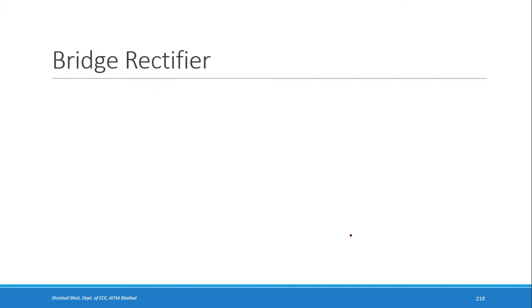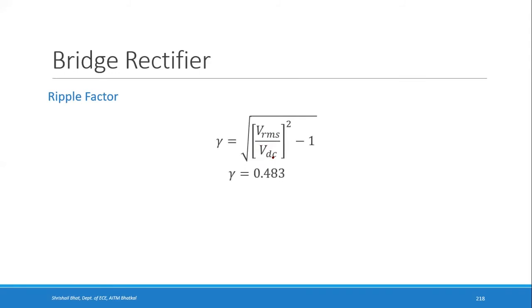Then you have the ripple factor. Ripple factor, you use this. Here if you substitute VRMS and VDC for the bridge rectifier, again you get the same, because those terms 2 RF by RL will be common in VRMS and VDC. That thing gets cancelled, so what remains is the same, that is 0.48. Right? Then the last one we had was the peak inverse voltage.